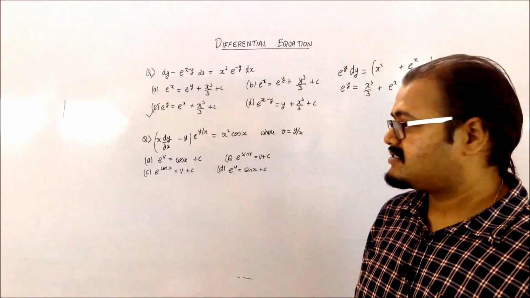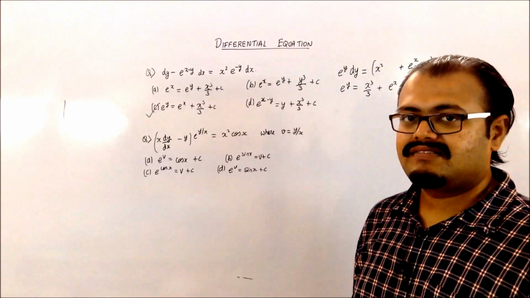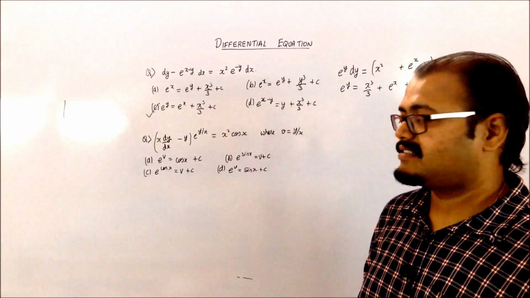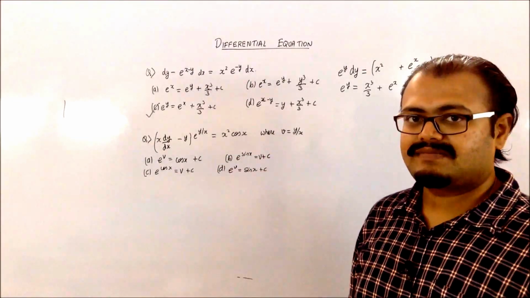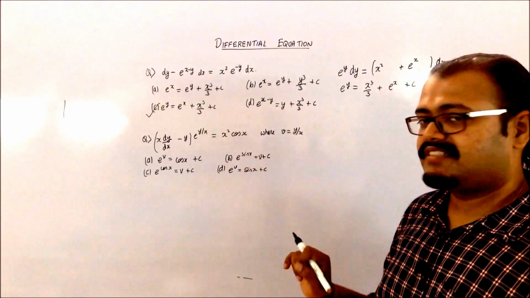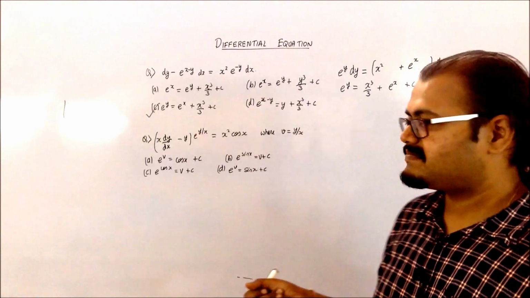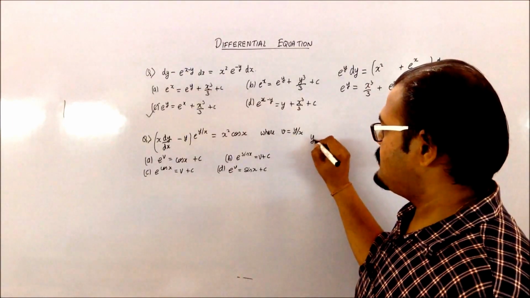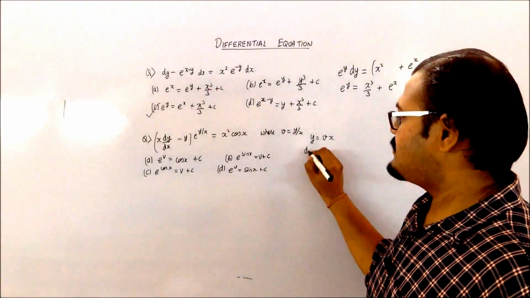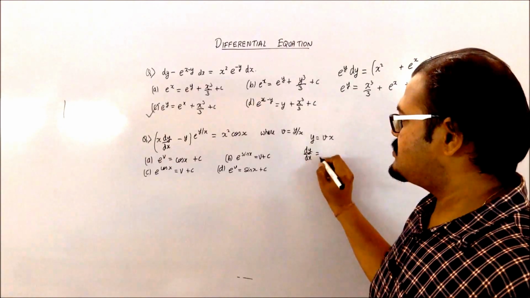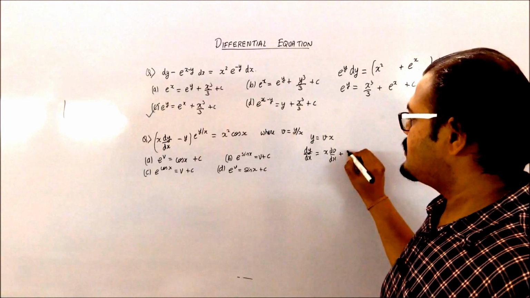Moving on to the next one. So you are having a differential equation where a substitution has been done where v is equal to y by x, and you have to then find the differential equation for this particular substitution. So you consider the substitution and then you find what is going to be my dy by dx term in it. So my y will be equal to vx. You differentiate this with respect to x. So you will have dy by dx is equal to x into dv by dx plus v.